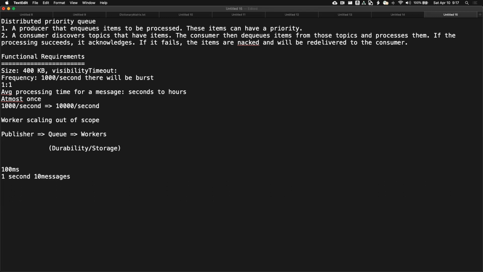And if I can process 10 messages per second, then I need 1,000 servers as my incoming servers to hold this load, right? And if I need 1,000 servers, then I need to put a load balancer. Now, one question that I forgot to ask is, I assume that every message has a visibility timeout, and are all messages the same, or do we have some sort of topics